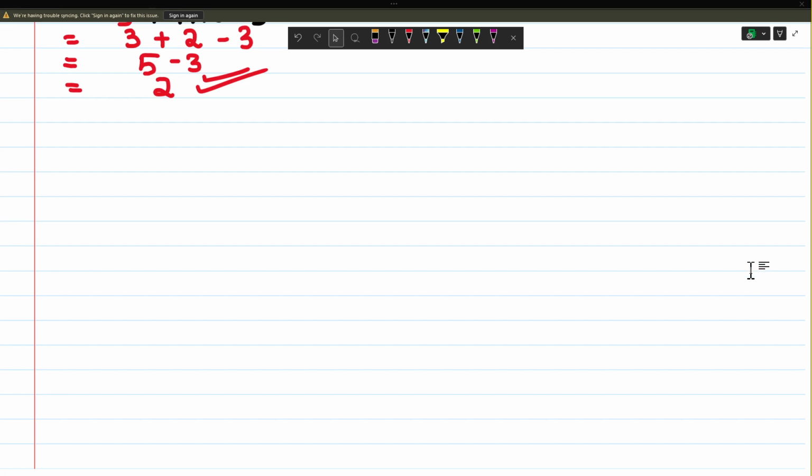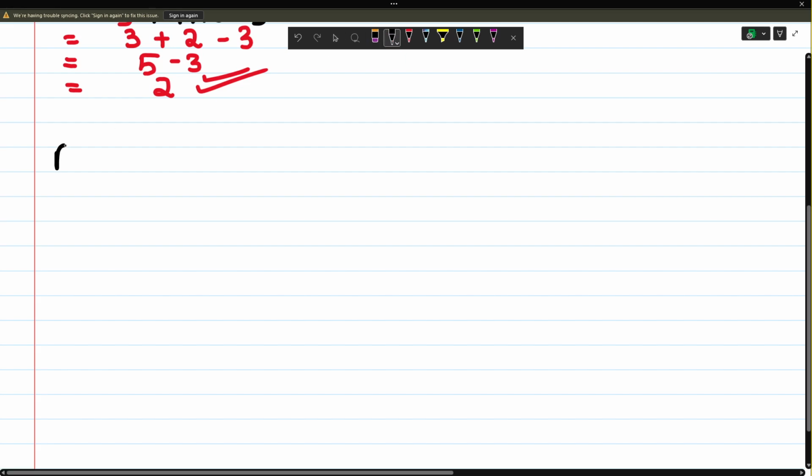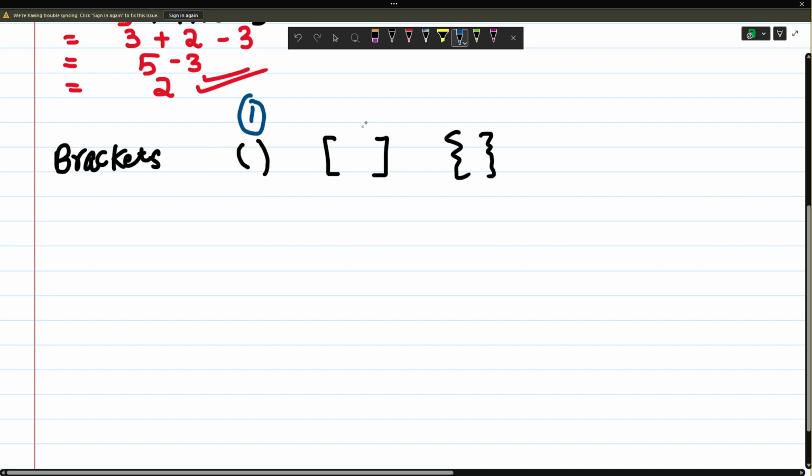अच्छा, before we go for the questions, इसमें BODMAS में there is one more thing about brackets. First you have these normal brackets, then you have these square brackets, and then you have the curly brackets, right? अच्छा, keep in mind the priority is always going to be in the same way. सबसे पहले आप normal brackets को खोलेंगे, then you are going to open the square brackets, and thirdly you are going to open the curly brackets.